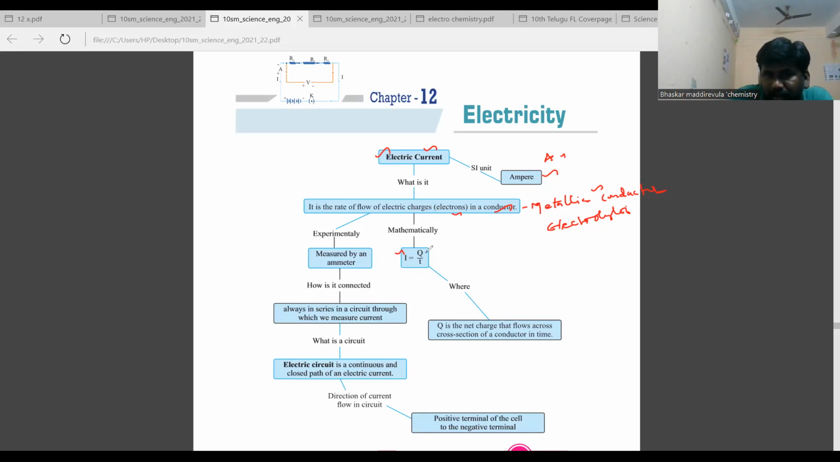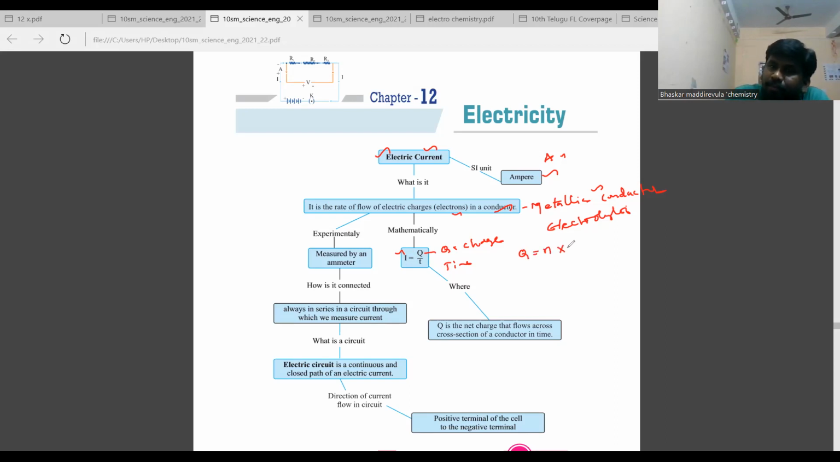So what is the Q here? Q is the electrical charge, and t is the time. So mathematically we can find the electric current by using these two terms. If you know the charge and if you know the time of flow of charge, we can find the electric current. And here the charge Q equals